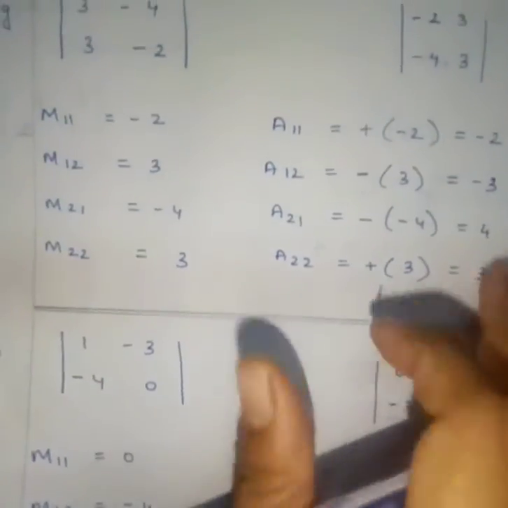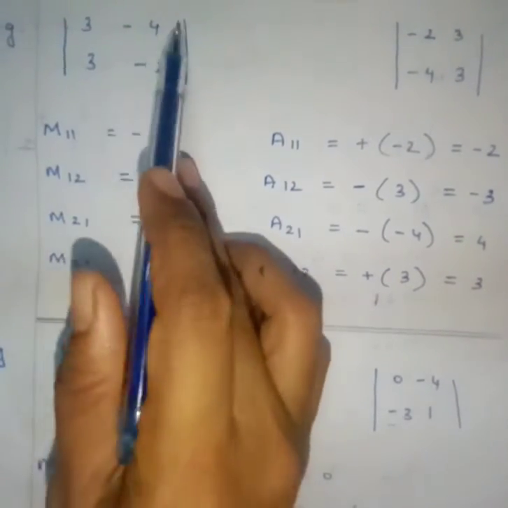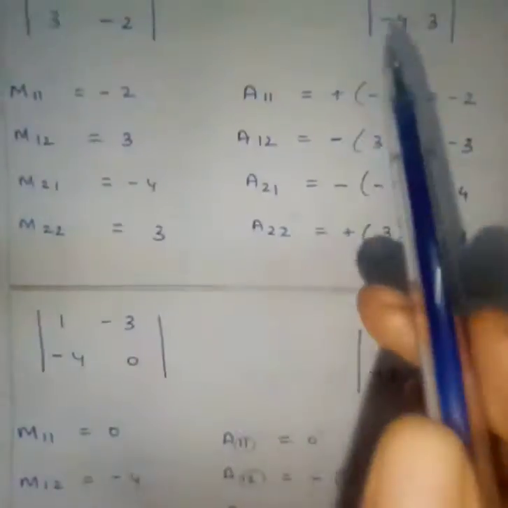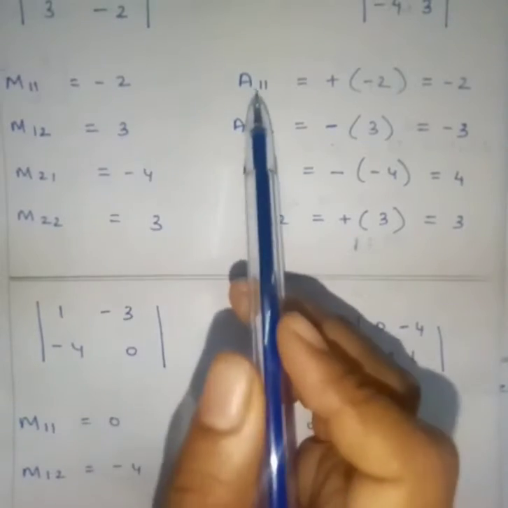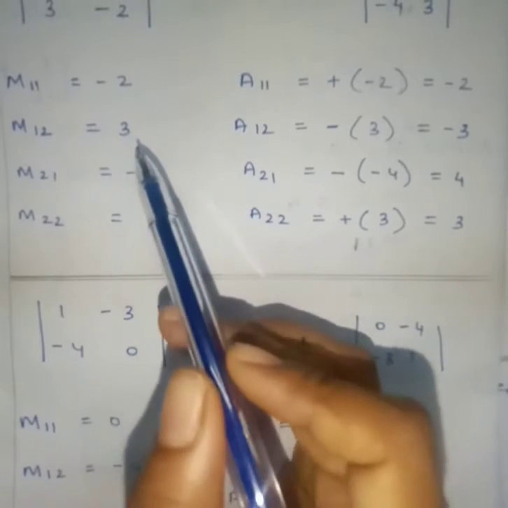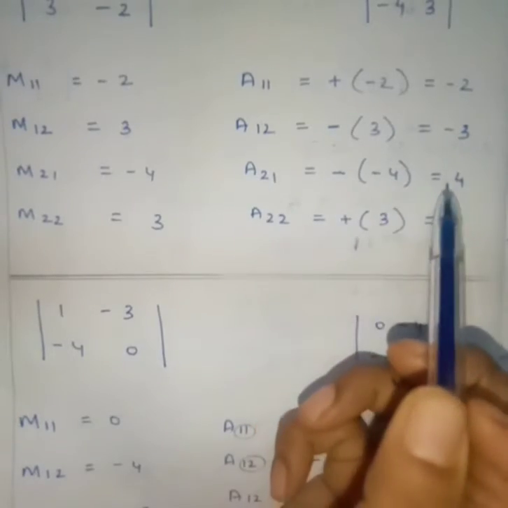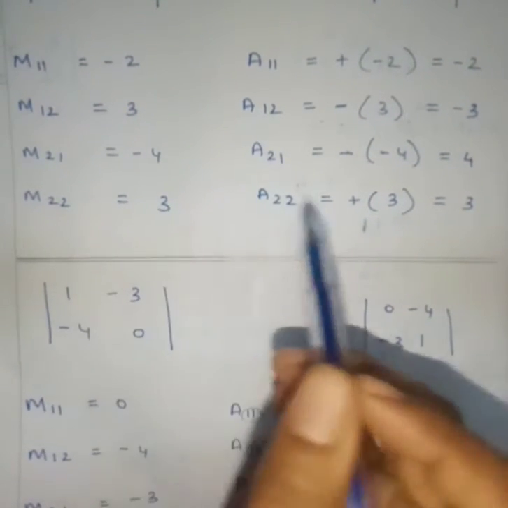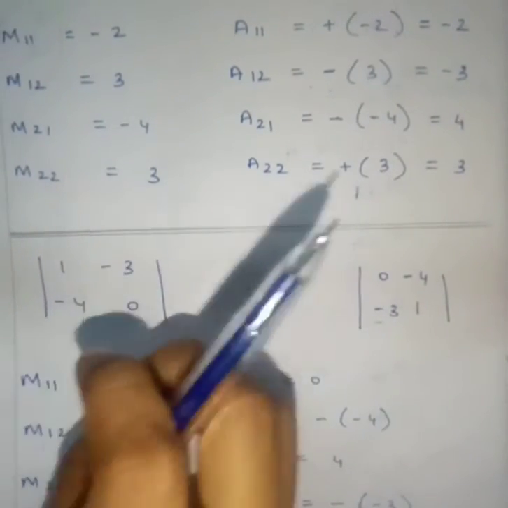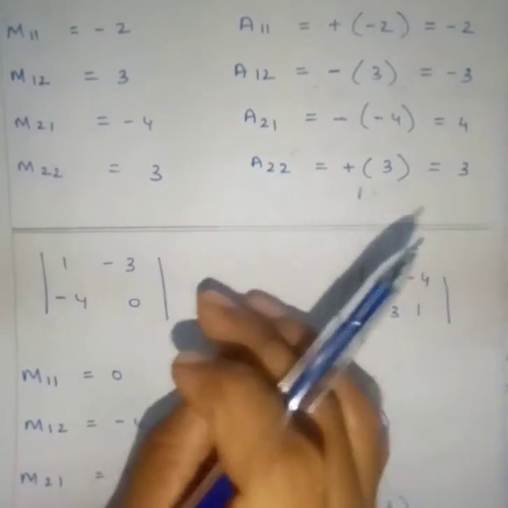The next one more question I have given you. Interchange first, okay? Minus 2 3, 3 minus 4, M11 minus 2 3 minus 4 3. Then again you check the sign, even, right? Plus into minus, minus. Here it is odd, so negative. Odd, minus minus plus, right? Here it is even, so even number. So like this you can try whatever numbers you want, take more numbers, you can check, you can find the minor and cofactor for a 2 cross 2 matrix.